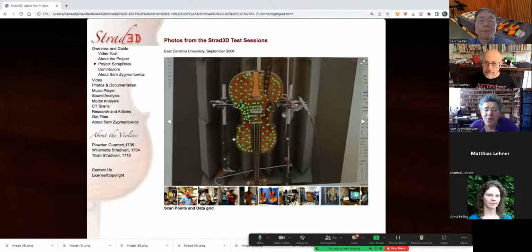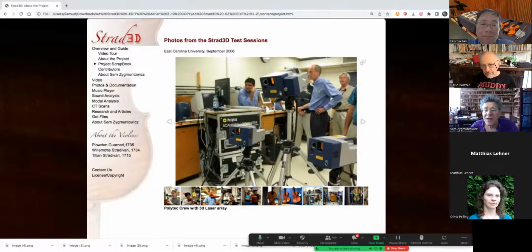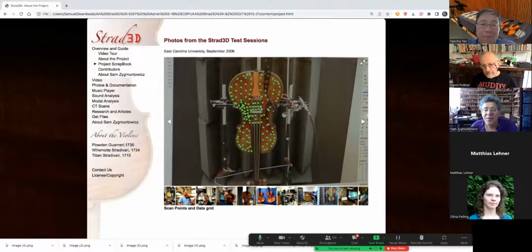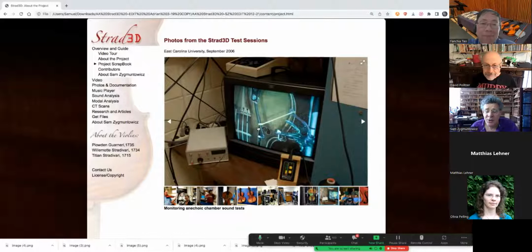From these scan points, which are linked together in trapezoids, they create a 3D model of the instrument. And they record basically the spectra at each of these points. The software can then animate that 3D model, and it can do it frequency by frequency. So first, there's the scanner, there's the model. This is a video monitoring of it. I think I'll just jump ahead and